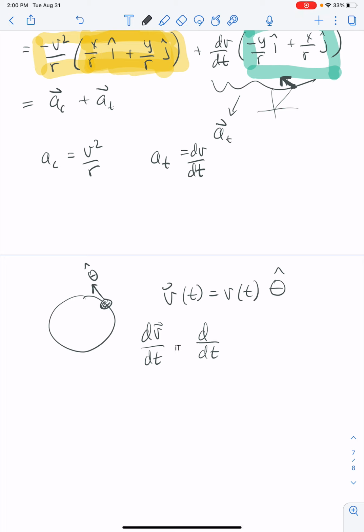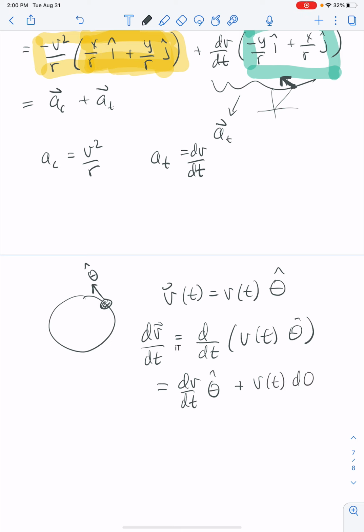That text box is determined to be there, we're just going to ignore it. So we need to think about the derivatives in this case of both the velocity and of theta hat. We're used to the unit vectors having a derivative of 0, but in this case they don't because they're constantly changing directions. So we can write this as dv dt times theta hat plus v of t times